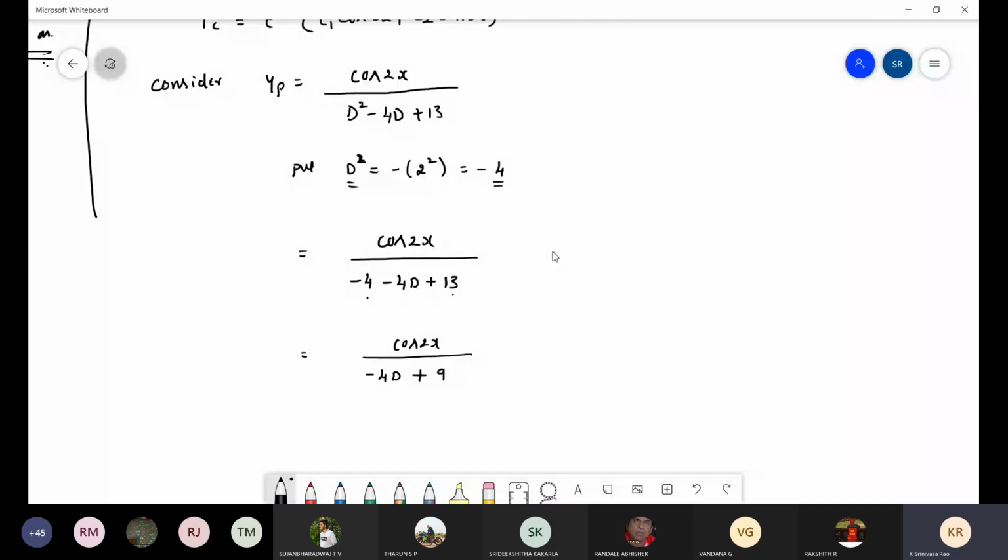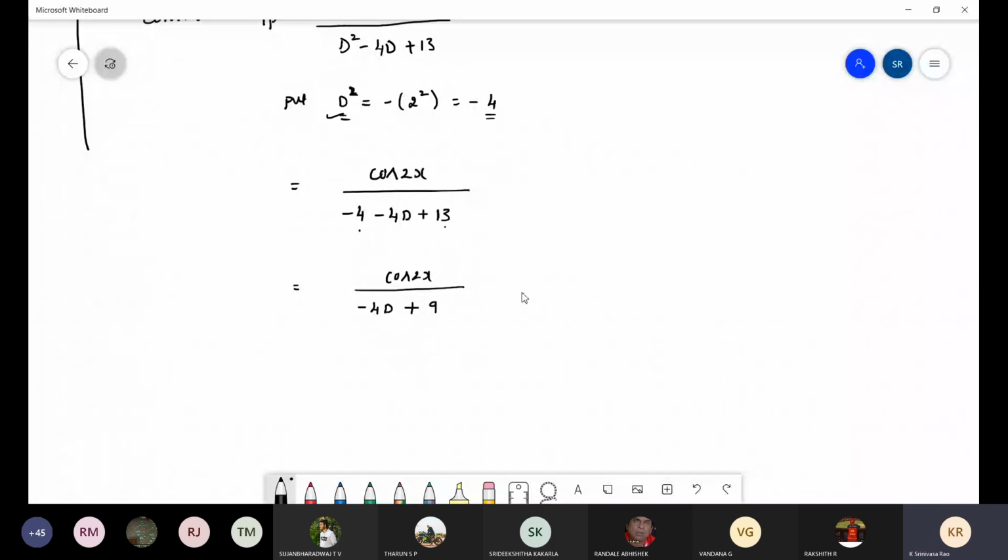Now the denominator has a D term. What to do? The substitution is always for D square only. You can't substitute for D and you can't substitute for D cube. So you can do any manipulation in such a way that there is no difference in these steps. What I can do,